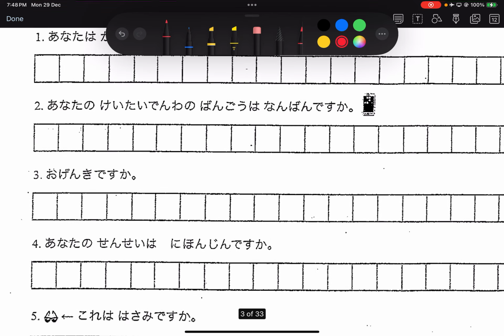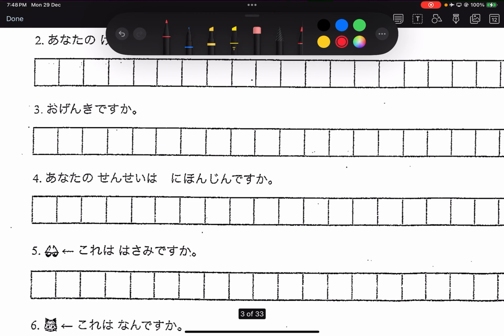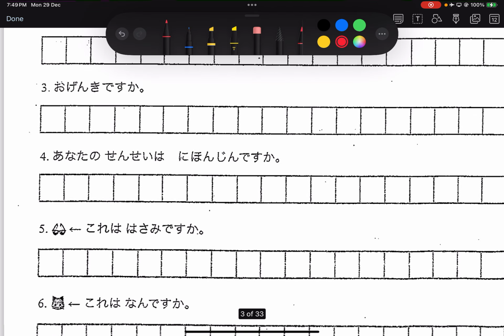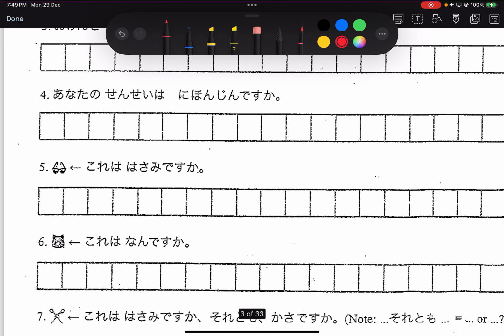Good. お元気ですか？ はい。おかげさまで元気です。 Thank you very much. Yes, おかげさまで。Right, you can just say, はい、元気です。But if you want to be more humble, you want to show your humility, then おかげさまで元気です。Okay? Number 4. あなたの先生は日本人ですか？